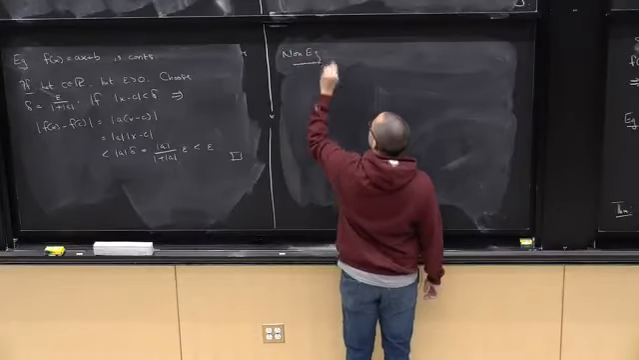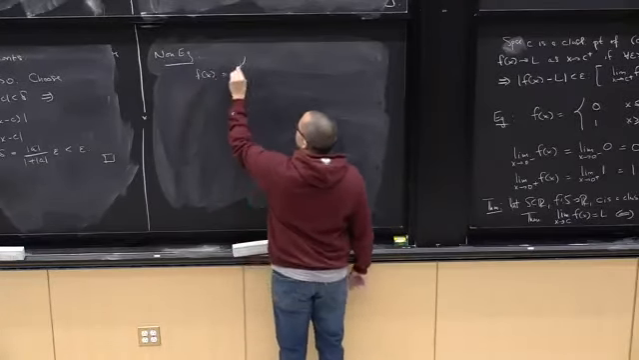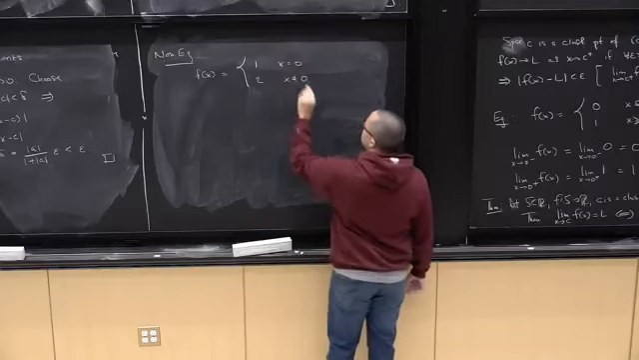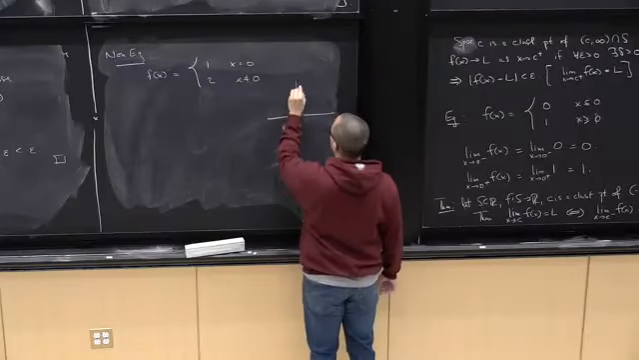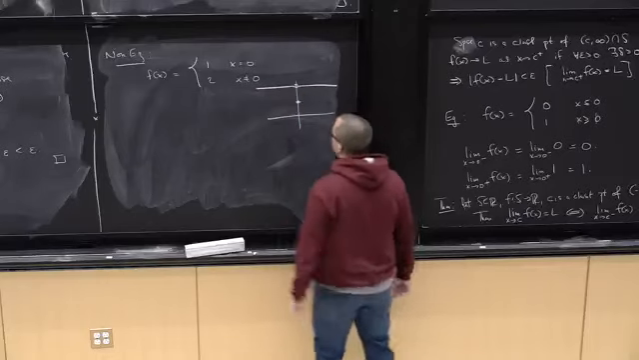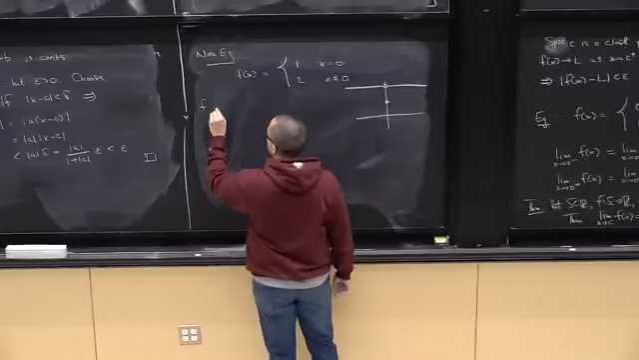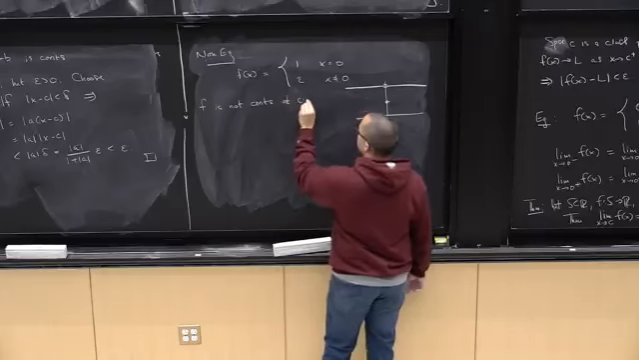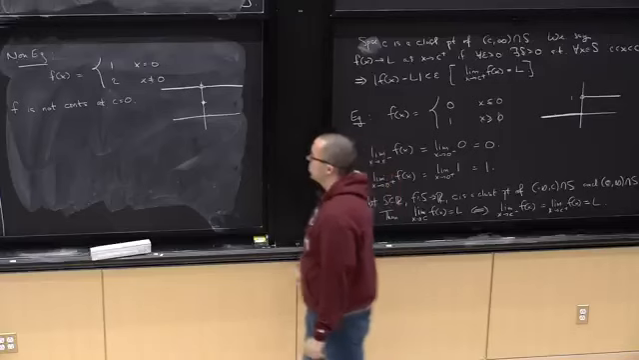Like, here is a non-example. The function f of x, which equals 1 if x equals 0, and 2 if x is not equal to 0. So that's the function. f is not continuous at 0. Okay? So to prove this,